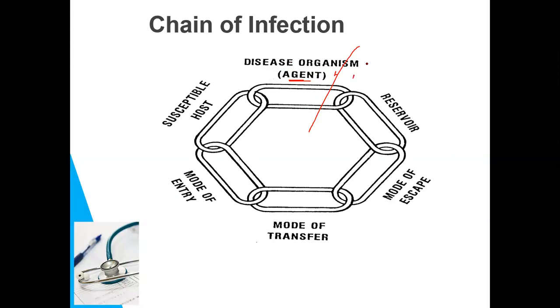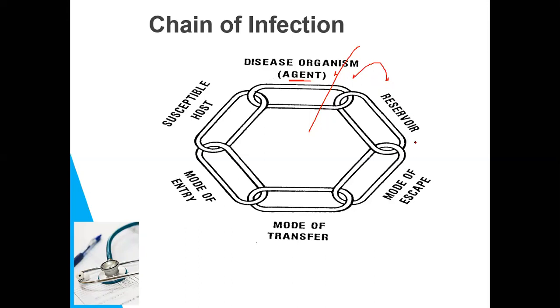طيب الorganism usually needs a reservoir to store on it, to multiply, to nourish. This is called a reservoir. Reservoir could be or can be a human body, can be an animal. And there are طبعا number of reservoirs, animals, humans. It can be mechanical reservoir, can be biological reservoir. فالمكان اللي هيحصل فيه multiplication للاجنت infectious agent بنسميه reservoir.